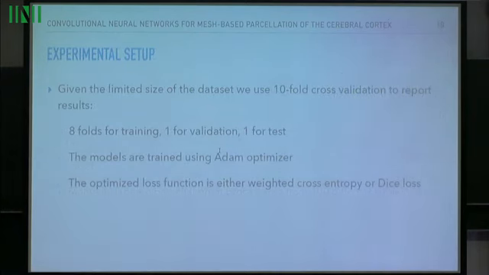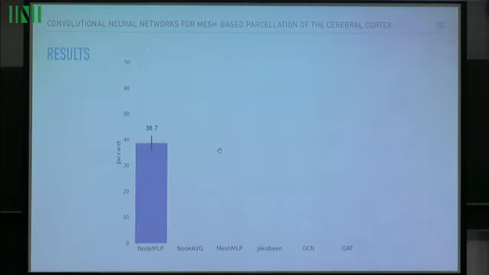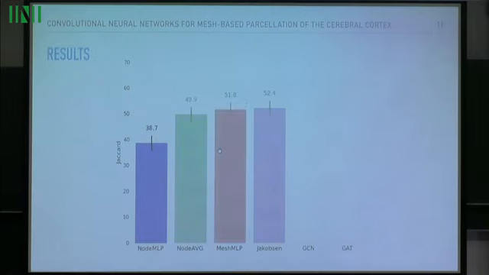Because the data set is of limited size, we could use a 10-fold cross-validation to see how well the models perform. We had 8 folds for training, 1 for validation, 1 for test. We train using the standard Adam optimizer, and the loss function is either weighted cross-entropy or the Dice loss, standard segmentation approaches, basically. So, node MLP performs with a Jaccard coefficient of 38.7 on average,